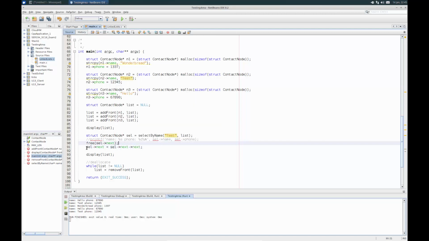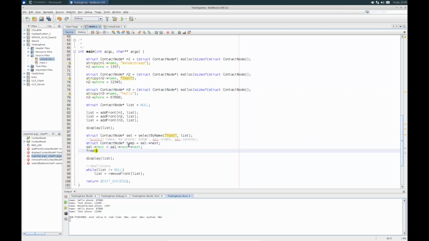I do something like this. Cell next, right? The thing that comes after the one I just found is the thing that came after the thing that came after the thing that I found. So I'm just stepping forward a little bit. And then I probably need to have some sort of a free operation somewhere. To do this properly, I need to have this here. We'll go temp equal that, and then over here, free of temp. And I'll clean that up a little bit over here.